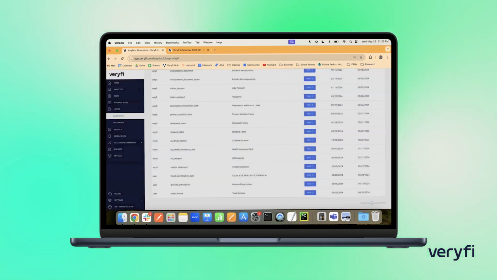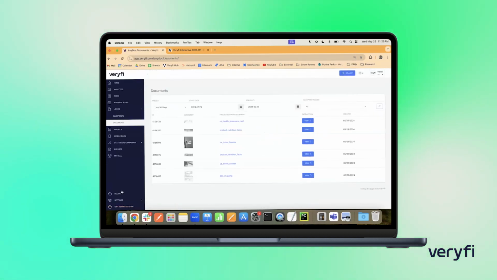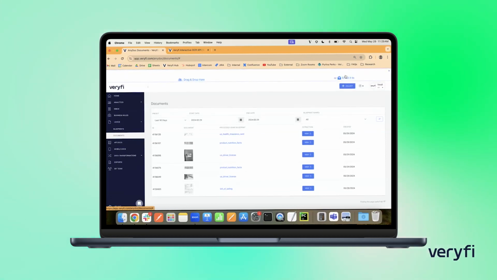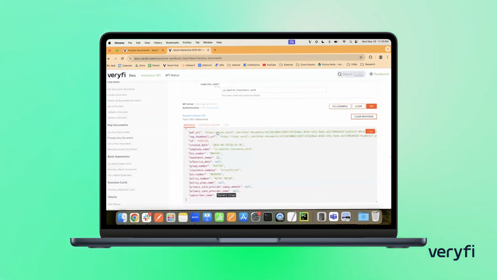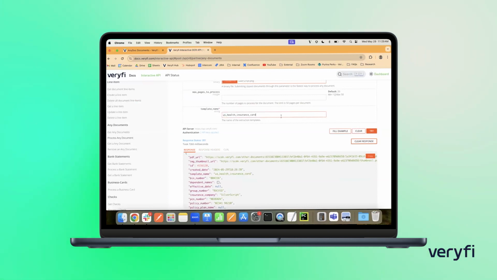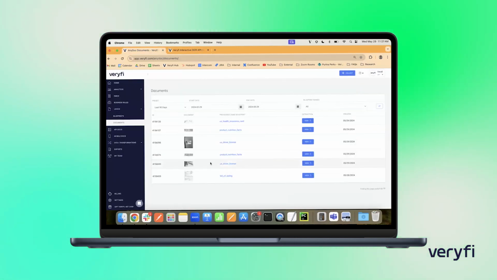At the moment, we're working with our customers to interactively add those for them. Eventually, we'll expose that so that you can add your own blueprints. Then when you're calling the API and you're doing things like a drag and drop into the system, it'll prompt you for that template name. Or as we saw from the interactive API, I'm adding in that template name as part of my API call. So I hope you can go out and play around with some of the pre-built ones that we've done,